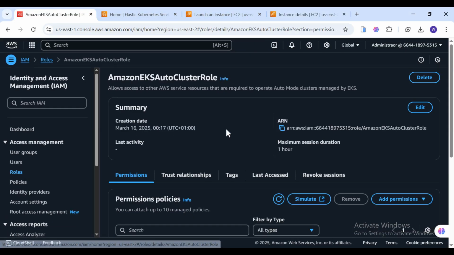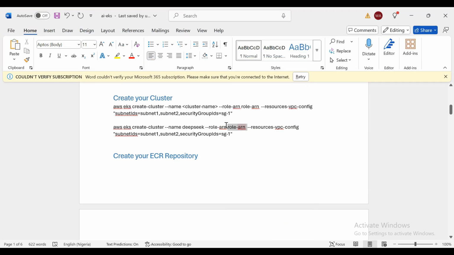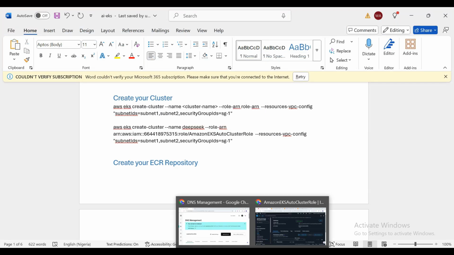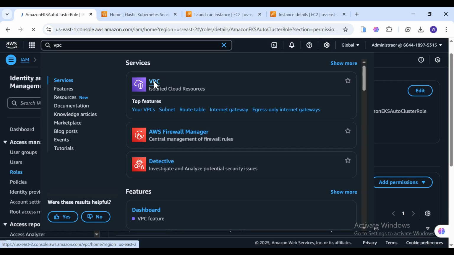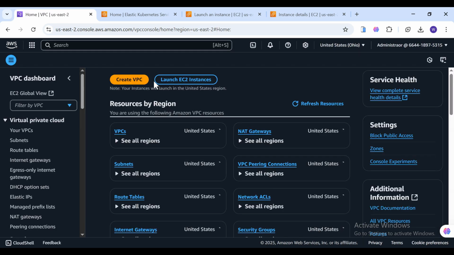We'll rename the cluster to DeepSeek. Copy the EKS cluster role ARN and paste it into the command. We'll also need a subnet ID. You can find that on the VPC page in the AWS console. Pick one security group from your list. We'll add its security group ID to the command, and you can find that on the EC2 page. Now, while you can create the security group using the AWS Management Console,